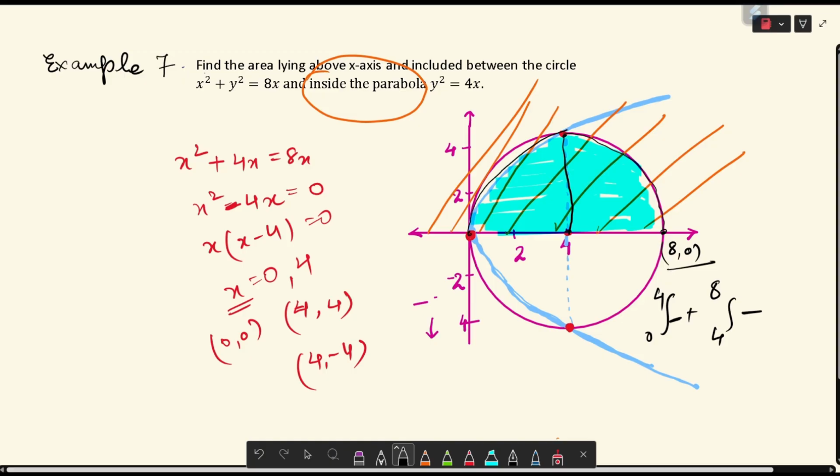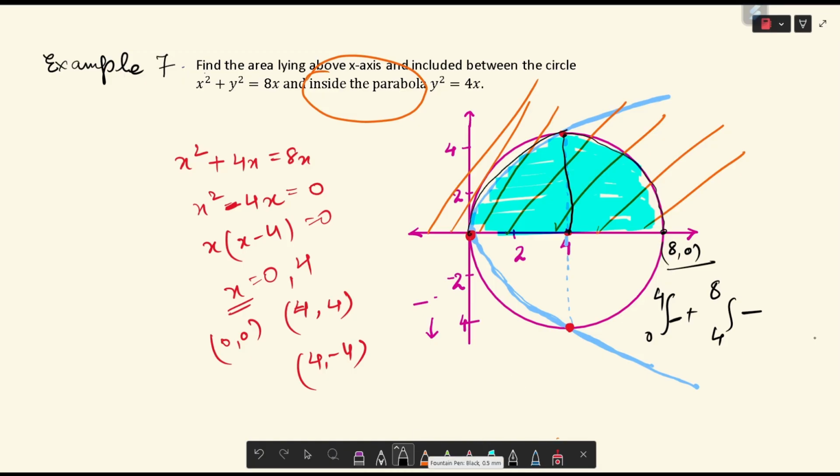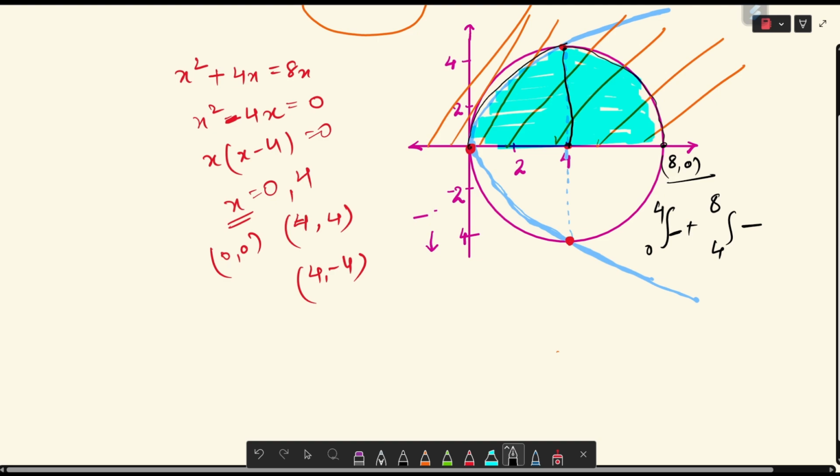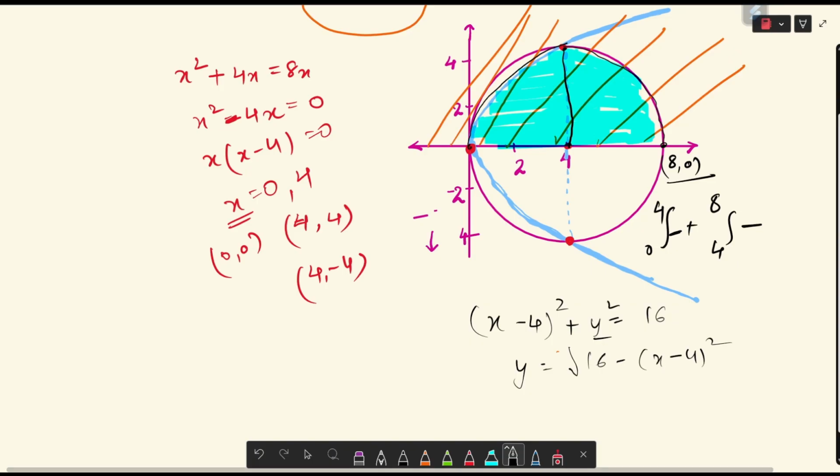यहाँ पे आपको जो लिखनी है वो पैराबोला से आएगी और यहाँ पर जो आएगी वो सर्कल से आएगी। ठीक है, सिंस यहाँ पे भी हम वर्टिकल रेक्टेंगल की बात कर रहे हैं, तो फंक्शन ऑफ एक्स निकालना पड़ेगा। सो इन टर्म्स ऑफ एक्स हमारी वैल्यू आएगी। अच्छा, तो सर्कल की इक्वेशन क्या आई थी हमारी, (x − 4)² + y² = 16, ये आई थी सर्कल की इक्वेशन। तो यहाँ से अगर आप y निकालोगे तो y = √(16 − (x − 4)²) आ जाएगा। तो यहाँ पे हम ये वाली यूज़ करेंगे।